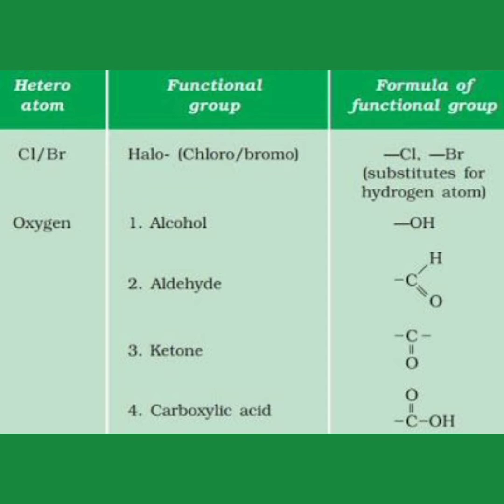Children, in the carboxylic acid group, you can see a dash followed by COOH. This group contains one carbon atom. Out of the 4 valency, 3 are already filled. One single bond is with the hydroxyl group, that is the OH group, and a double bond is with the oxygen atom. This is how we get COOH.